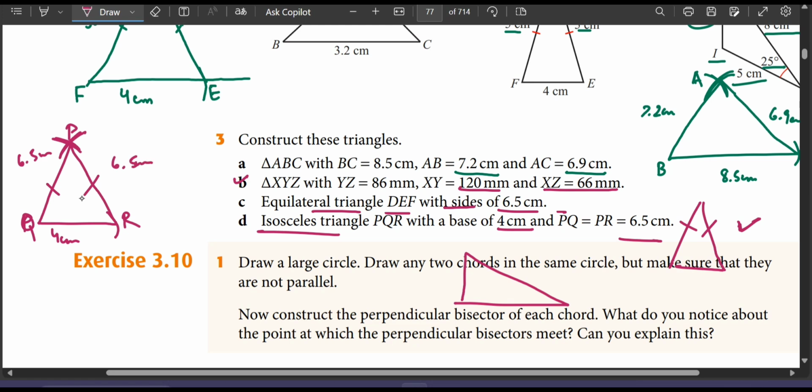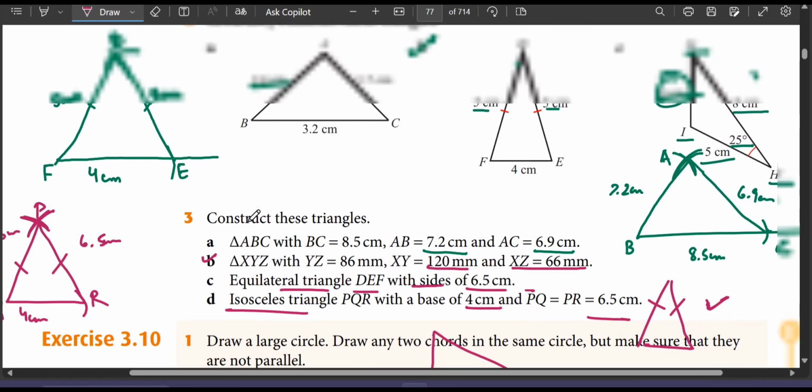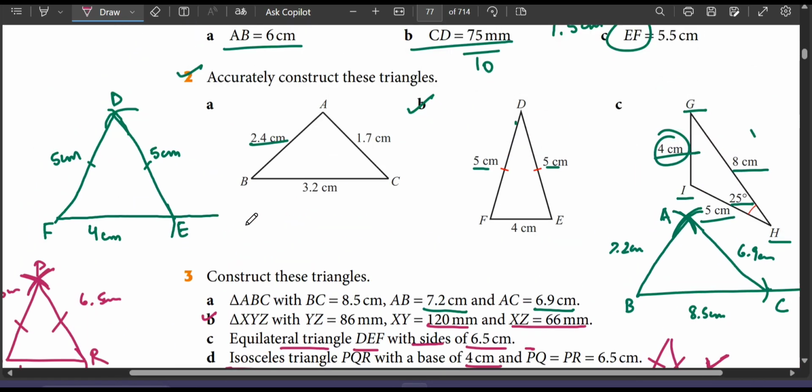Right, so this is how this question will look like, and that's where our exercise 3.9 comes to an end. I hope this was a useful session and you learned